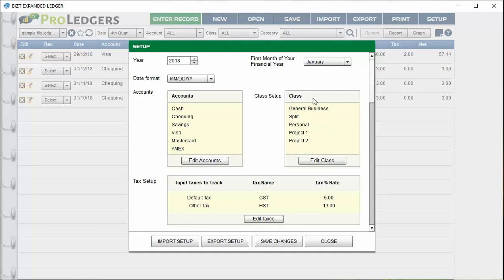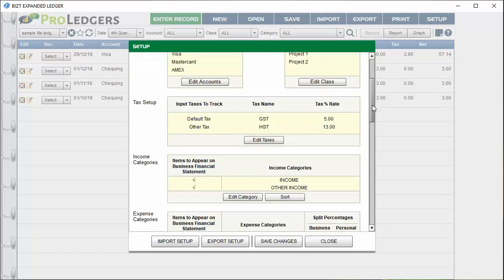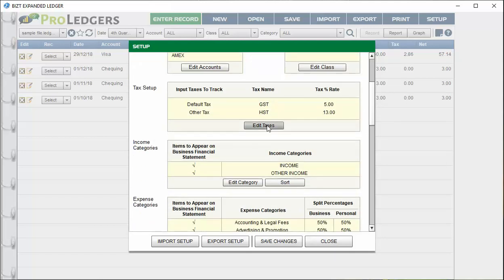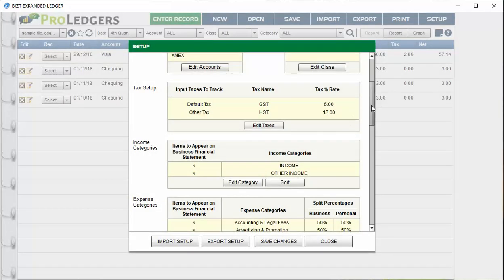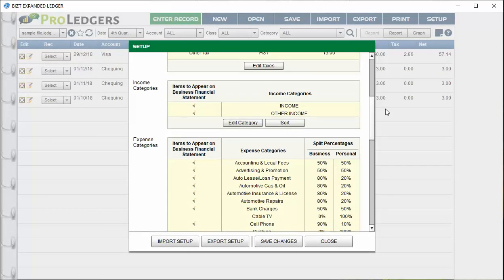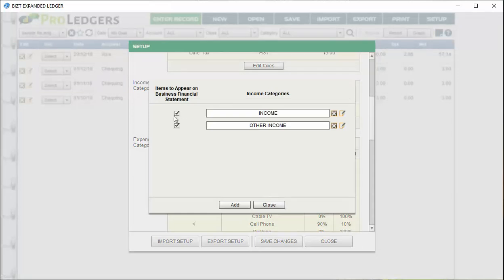But if you have the basic version, you're only going to have these top three items: general, business, split, or personal. You're not going to be able to produce income and expense statements for different projects or properties. But nonetheless, that's the difference between basic and expanded. You can set up your taxes. If it's a tax version, you can change your tax name and the percentage of the tax. You can set up all your income categories, and you can also choose to display these categories on the business